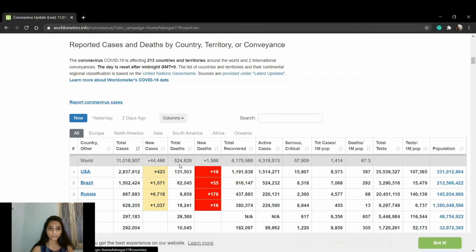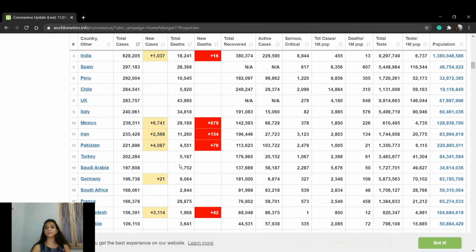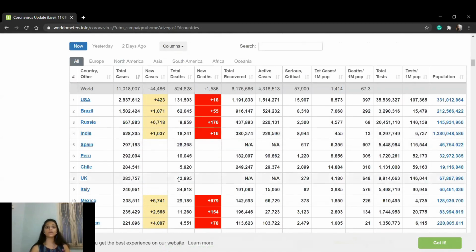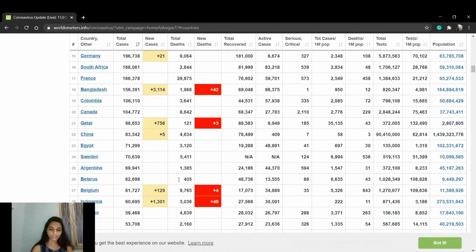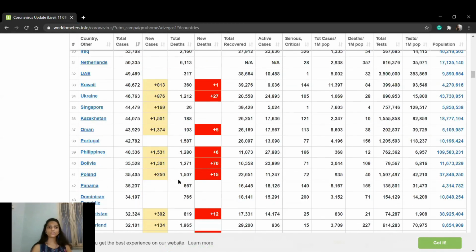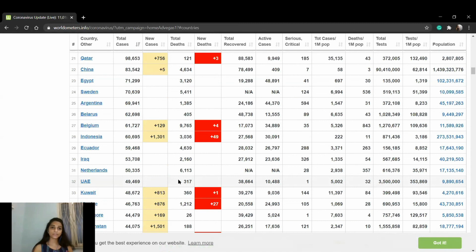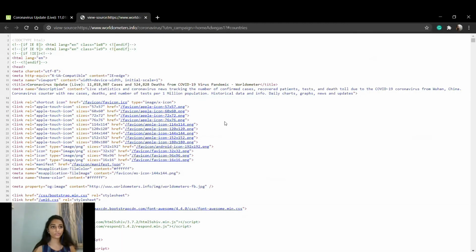So if you click here, view by country, you'll be getting a table where you have the information for each country. So what you can do, instead of scraping that website, you can scrape this website. So let's first just look at the source code of this website. For that, just press Ctrl U. So here you can see you have this source code.